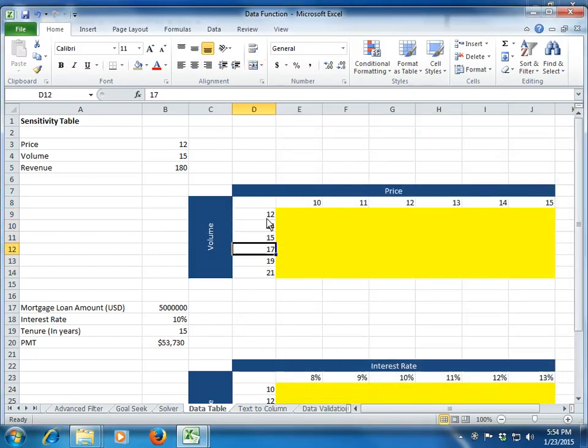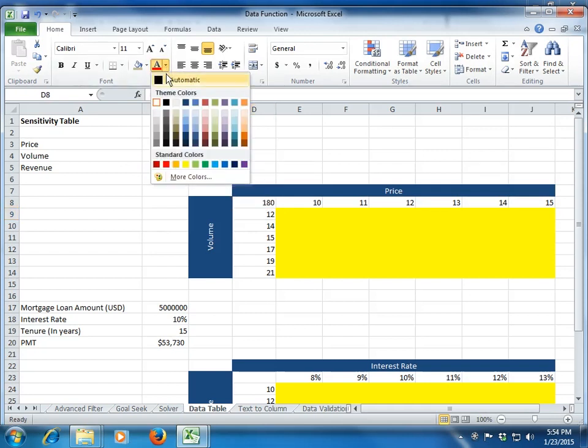You always have to remember one thing when you are creating a data table like this, that your data has to be hard coded. It cannot be linked to the original value. Please do not link this data range to the original value, otherwise Excel will not work. Clear? And whichever cell is at the intersection of these two rows and columns, that cell has to be linked to your final output. Why are you not able to view this cell? Because I have changed the font color to white.